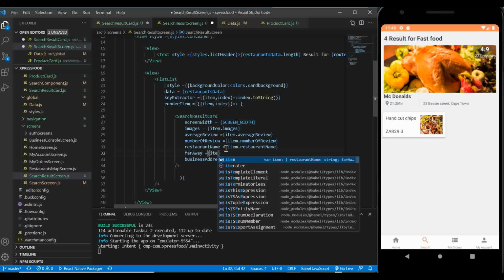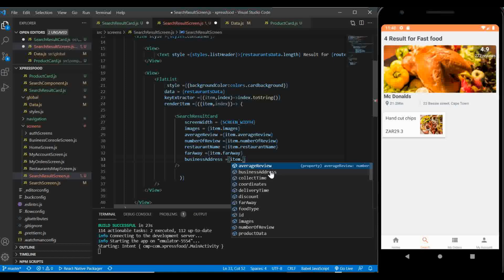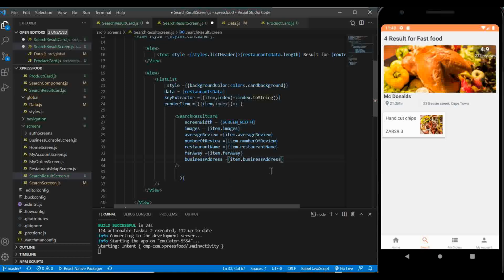There we pass item far away. We should pass item business address, and